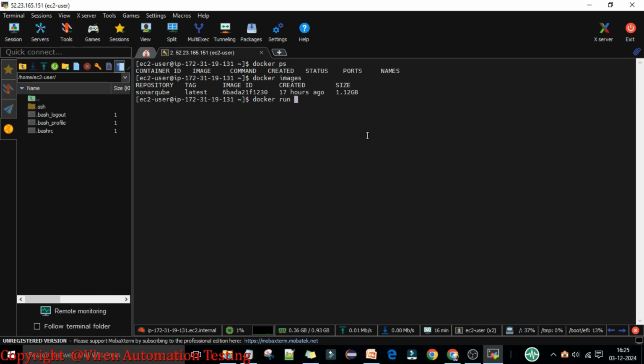So docker run, and -d is the detach mode we are going to use, --name, and the name is the sonar container. So this is the sonar container, and now we need to specify the port number. The sonar is running on the 9000 port number. Okay, but we need to specify the port number where your Docker is running. Externally we can use the same port number, and internally the SonarQube is running on the 9000 port number, and externally the Docker server is running on this 9000 port number,